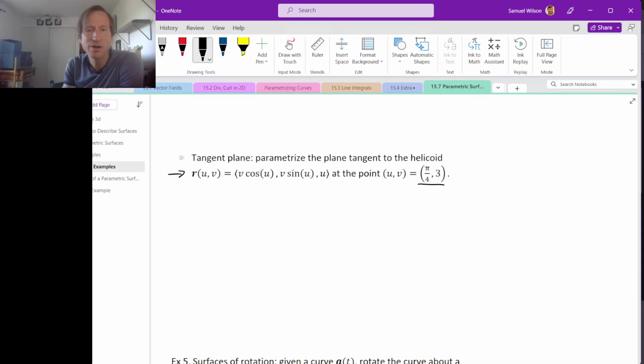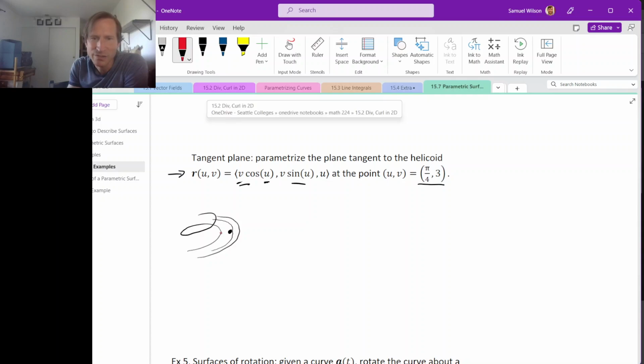Okay, so remember a helicoid is this sort of spiral shape. I'm only going to plot part of it like this. And we're at some point pi over 4, comma 3. And remember that if we hold v constant and change u, we get a helix going up the helicoid, right? And if we hold u constant and change v, what we get is a line going horizontally across the helicoid,